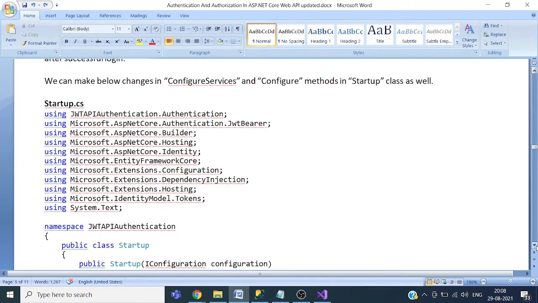Okay. So we need to add support for the Entity Framework, Identity Framework, and we need to add the mapping for the application user and identity role. And then we will also add code for validating the token.